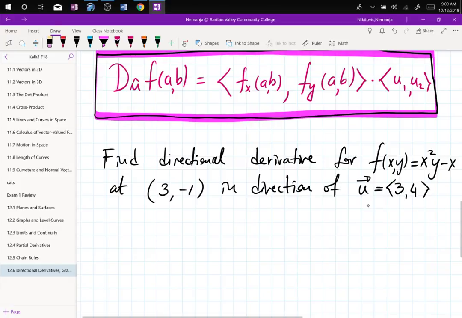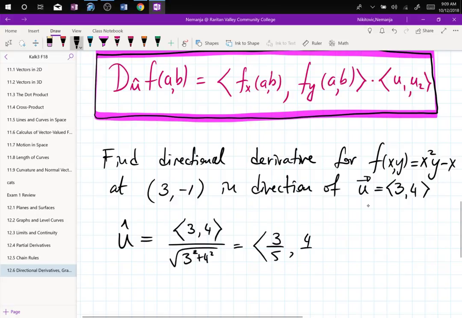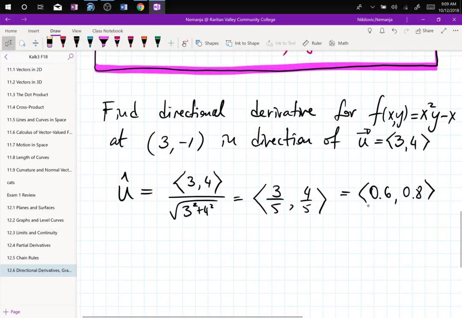So, vector u hat is going to be (3, 4) divided by the square root of 3 squared plus 4 squared, which will be 5. So the unit vector is 3/5 and 4/5. You can also keep it as 0.6, 0.8, depending on what's your favorite. So now we have our directional derivative in u hat direction of f at (3, negative 1),